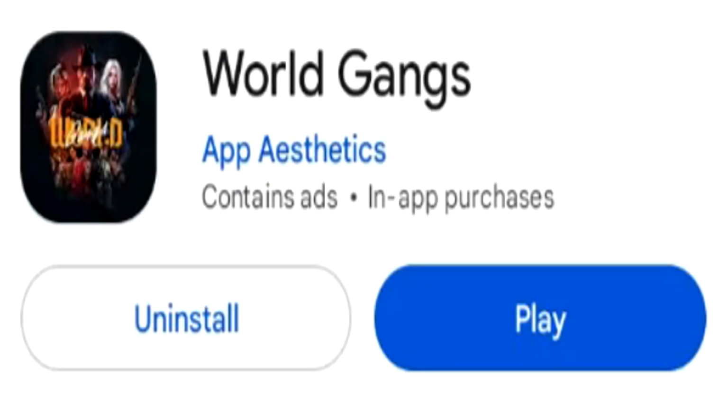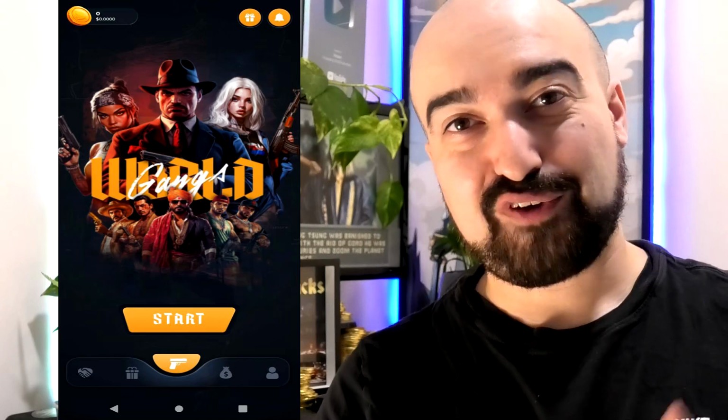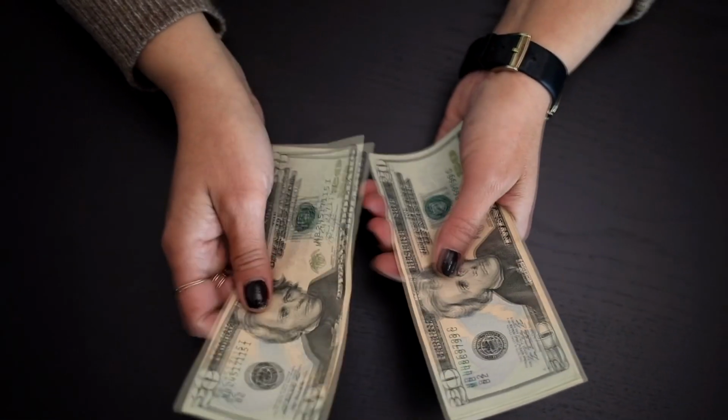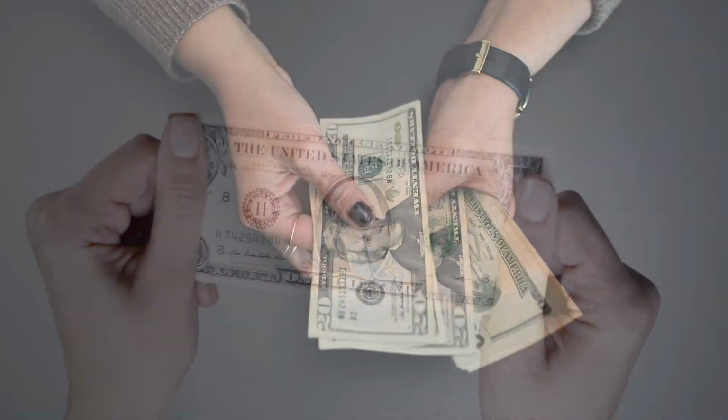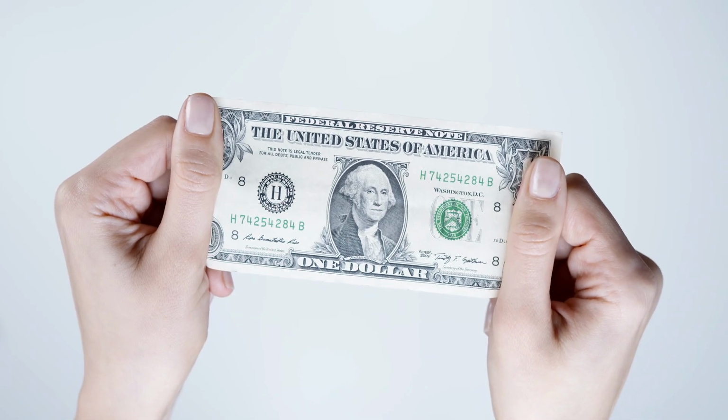Next up, we have World Gangs. This is what World Gangs looks like when you first launch it up. Now everyone, you're going to notice, top left corner of the screen, we have a 0 balance. That's because for today's video, I'm doing something a little bit different and going to be earning real time to show you the results. And the way that I'm able to do this is because this is another Givvy application,